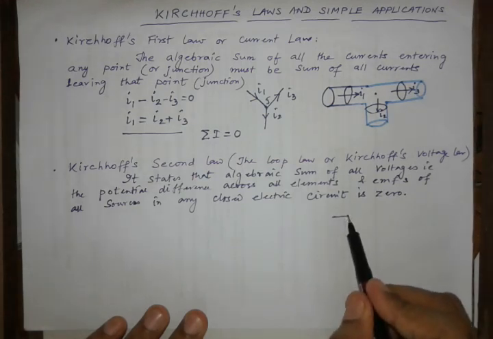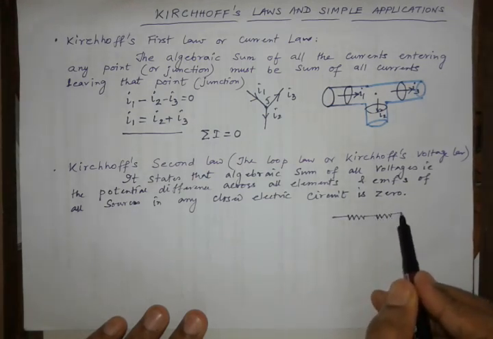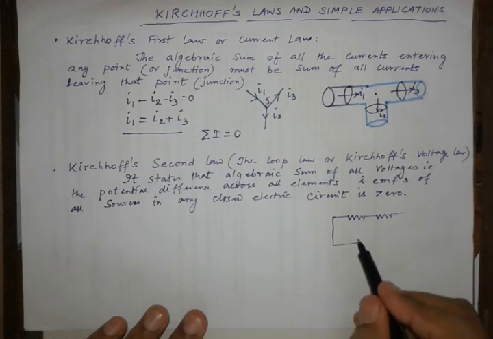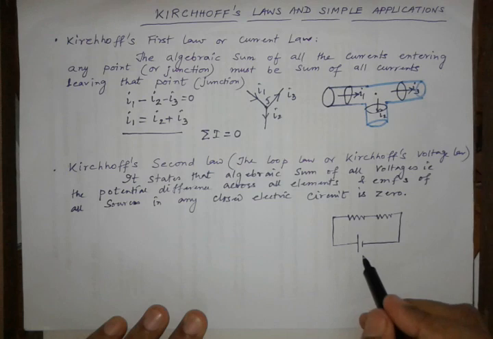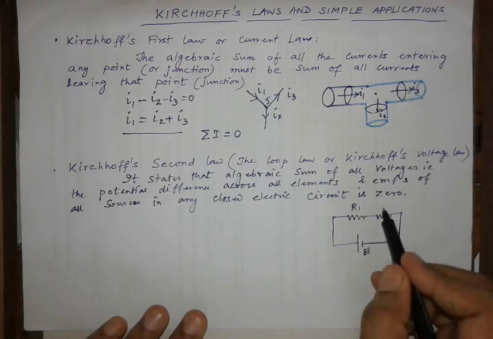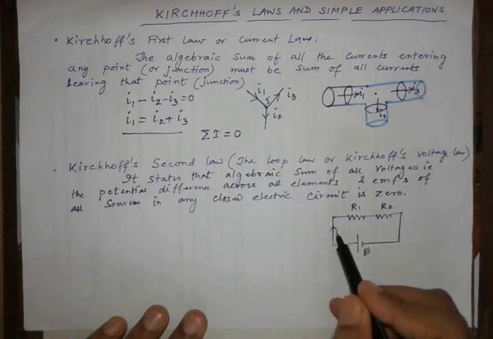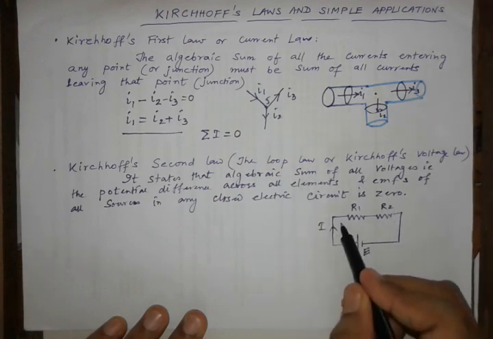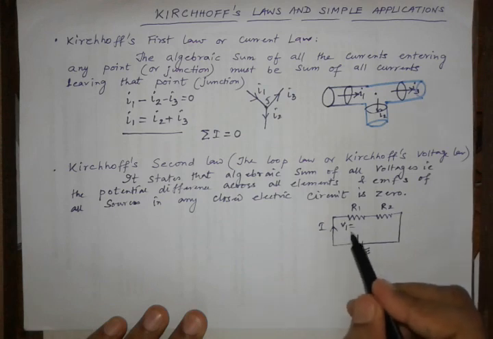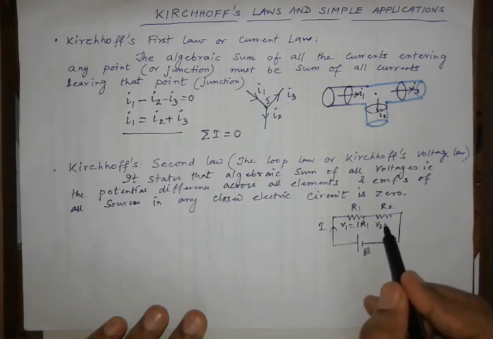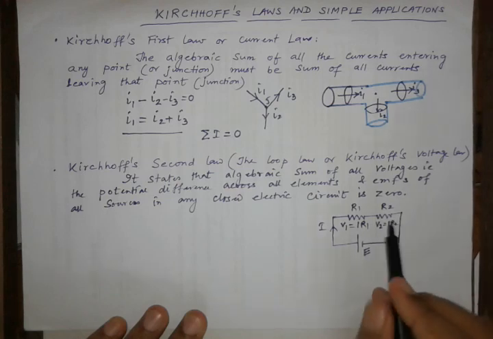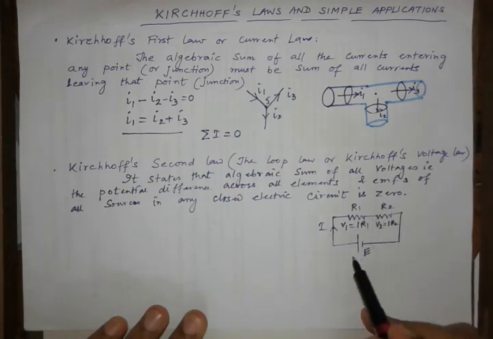Suppose think about this circuit, a simple circuit I'm going to draw. This is your source, you can write E. E is the EMF of the cell. Here is one resistance R1 and a resistance R2. Suppose current I is passing through this. So V1 is the voltage drop across this resistance, and here V2 is equal to IR2, that is the voltage drop across this resistance.